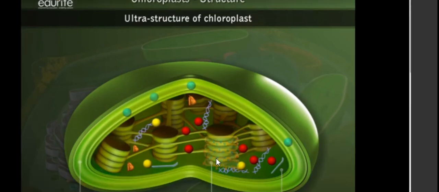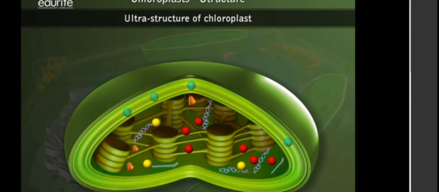You can see the thylakoid lumen, meaning the coin-like structure is actually not dense. Okay, and they have the thylakoid lumen, meaning they have a gap. This gap is called the lumen, and the membrane contains your chlorophyll, meaning your colored pigment. Generally it contains the green color pigment, that is chlorophyll.